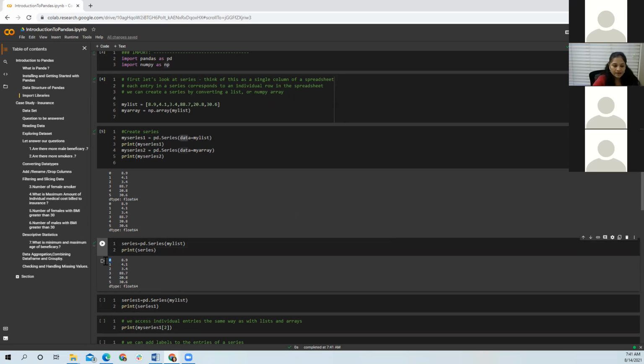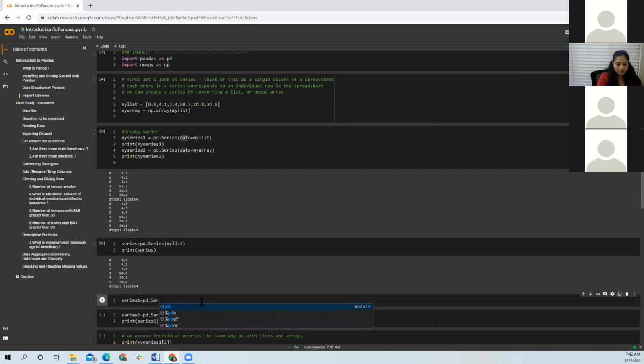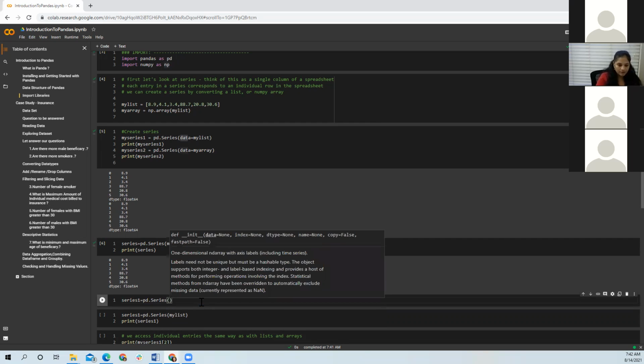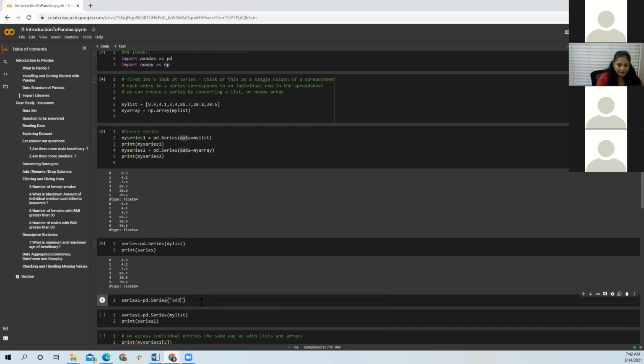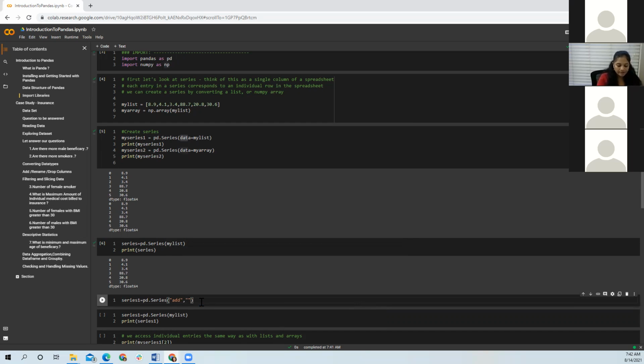Then you can see it. These are called indexes, and these are the values, and this is the data type. You can have integer, or you can also have a string series. In the case of strings, you would see something like this. This is another way of creating a series.